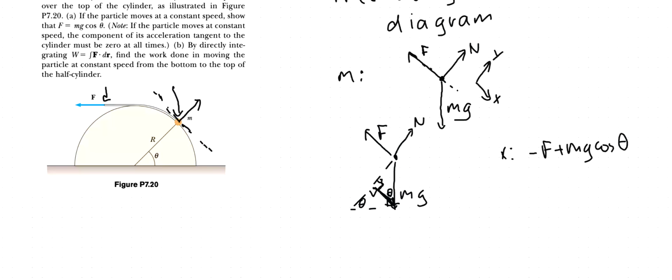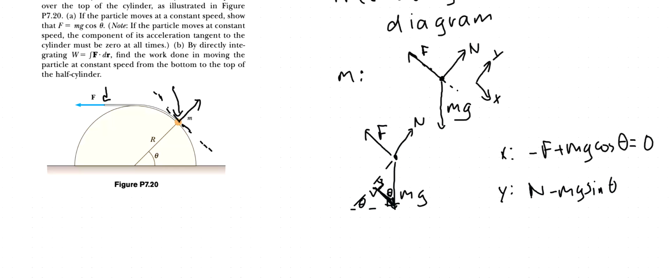Okay, and we are told that there's no acceleration tangent to the cylinder because the object is being pulled at constant velocity. So this has to be 0. There's no acceleration this way. Now, we're not going to need the other equation of motion, but I will just write the one in the y direction. The one in the y direction would be n. And if that's the positive direction, that's the positive n. Then you would need the other component of gravity, minus mg sine